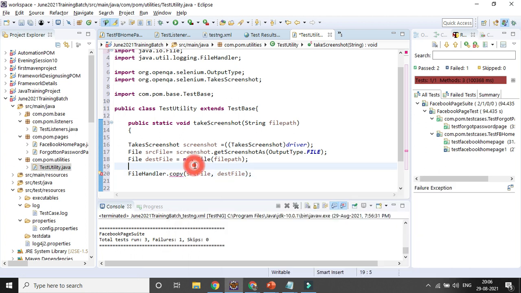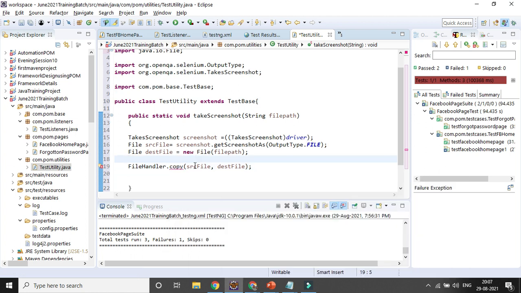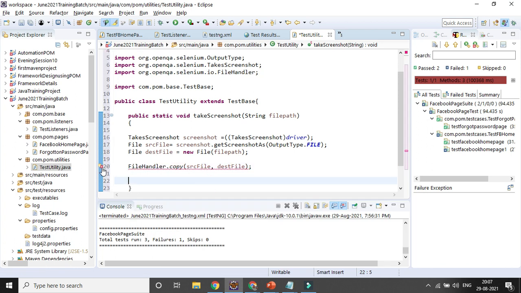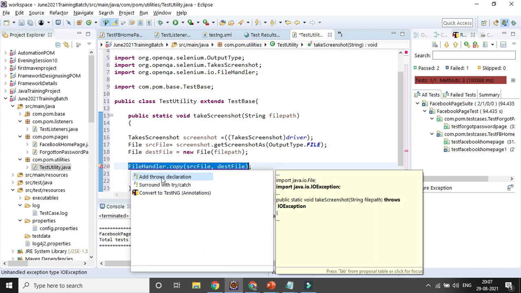It's not importing. I think we have to load it from a different one. FileHandler. Okay, we need to add some throws declaration, or surround with try catch block.